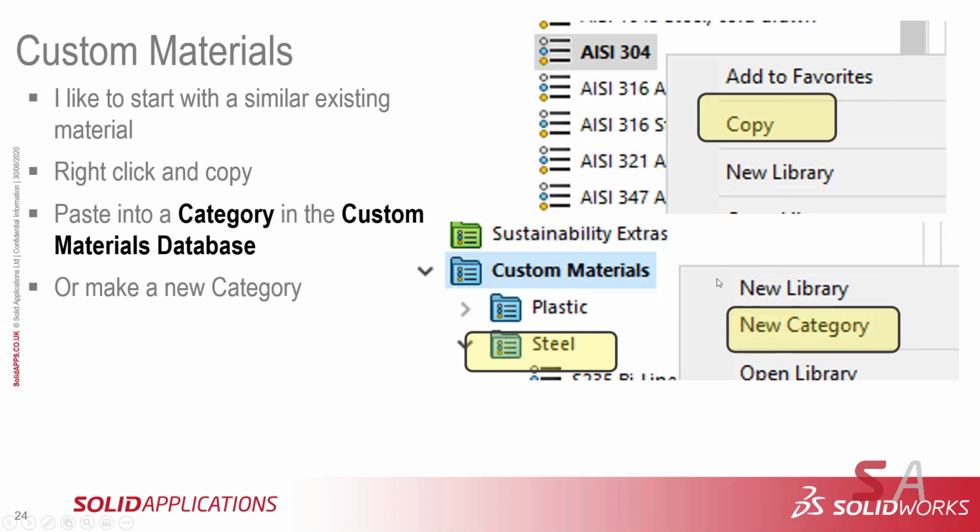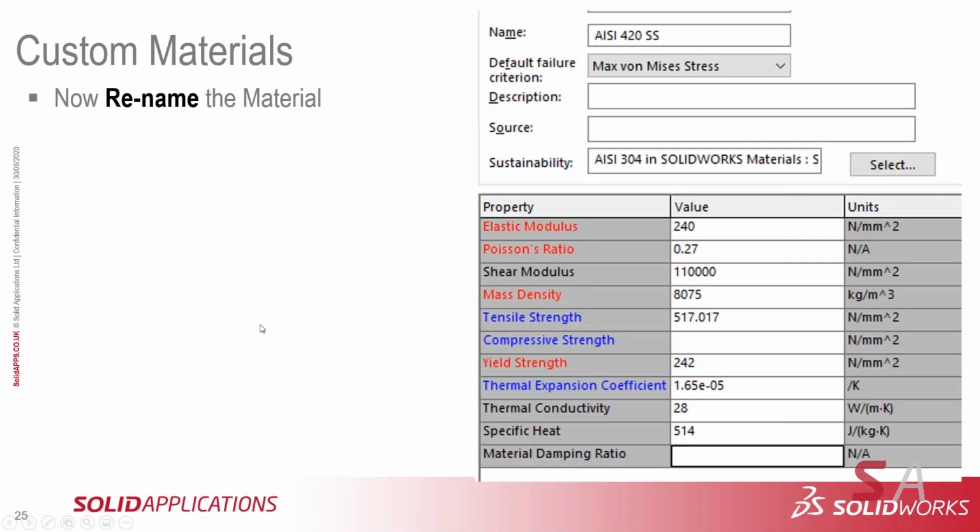New library, be a little bit cautious about that because every time you do that, you're creating a new SLDMDB. It's a material database, and you don't really want to just throw a whole bunch of databases on there. I would just as soon make a new category and throw it into the category on my existing custom materials database. So the next thing I would do is I would rename the material,